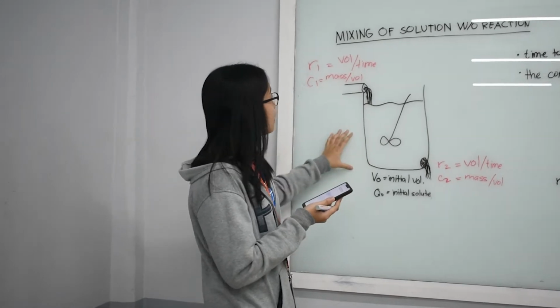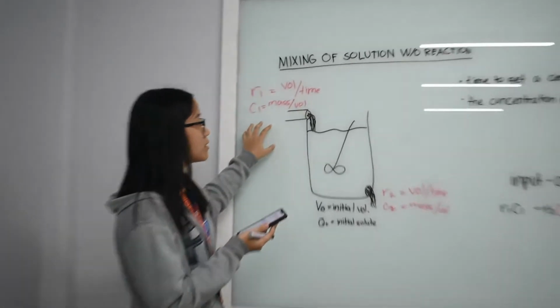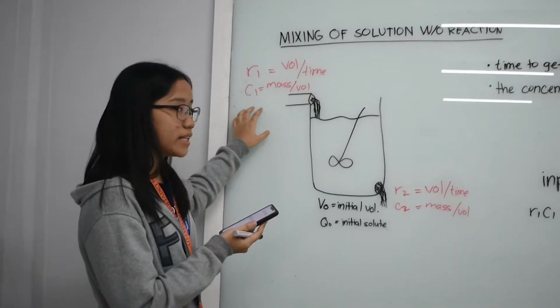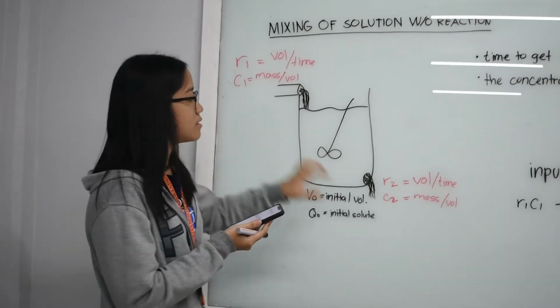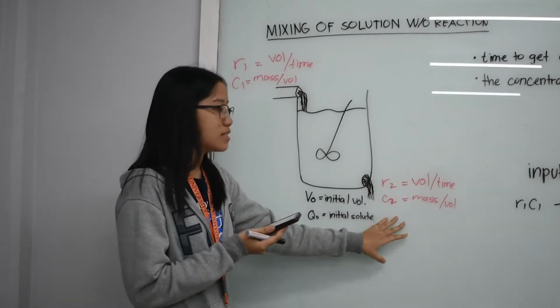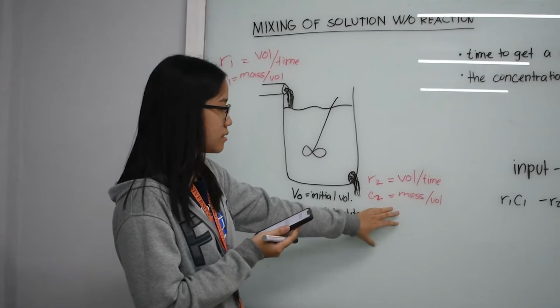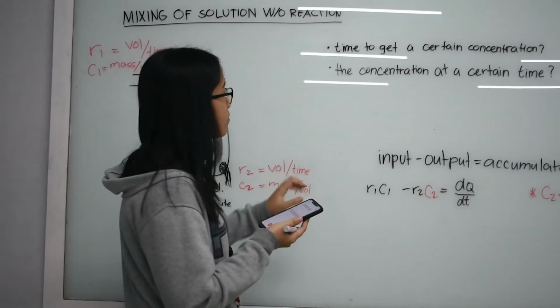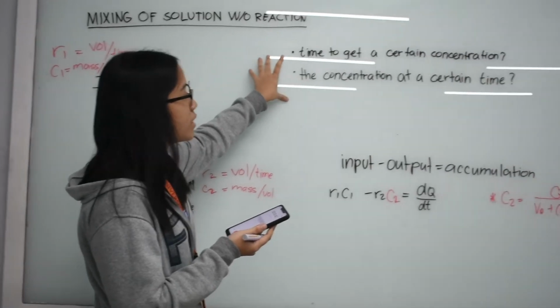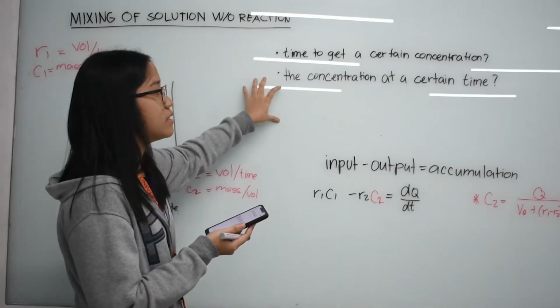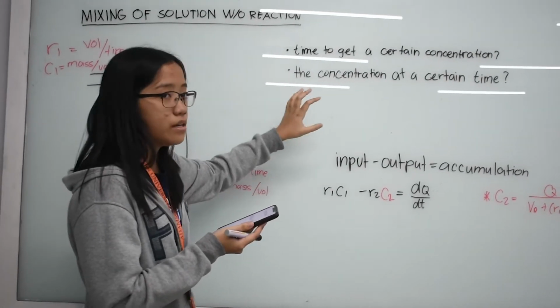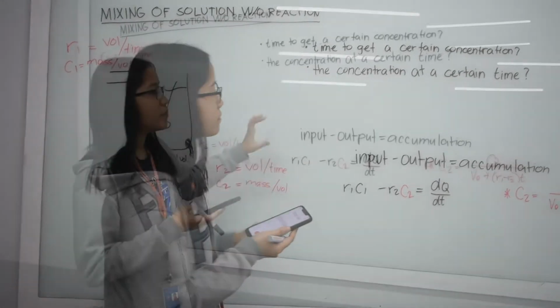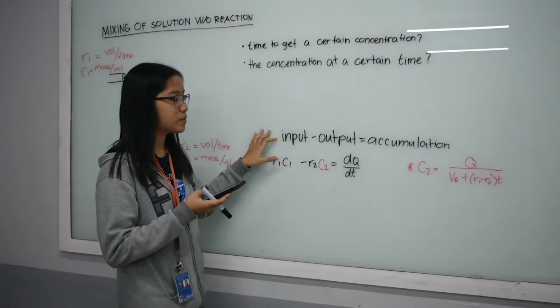In this tank, there is a solution that is coming in at a certain rate and at a certain concentration. At the same time, there is a solution that is coming out at a certain rate and at a certain concentration as well. Commonly, these problems ask for the time to get a certain concentration, and the concentration at a certain time. So in order to solve this problem, keep in mind that the input minus the output will give you